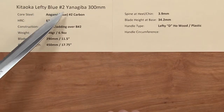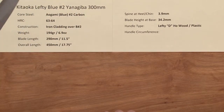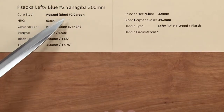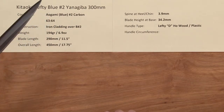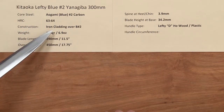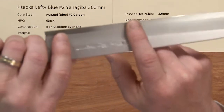Kitaoka Lefty, Blue number 2 Yanagiba. This is a 300 millimeter, their longest knife. The core steel is Aogami, or Blue number 2 carbon, and the heat treat rating is about 63 to 64 Rockwell. The construction is an iron cladding, or a reactive cladding over the top of that Blue number 2